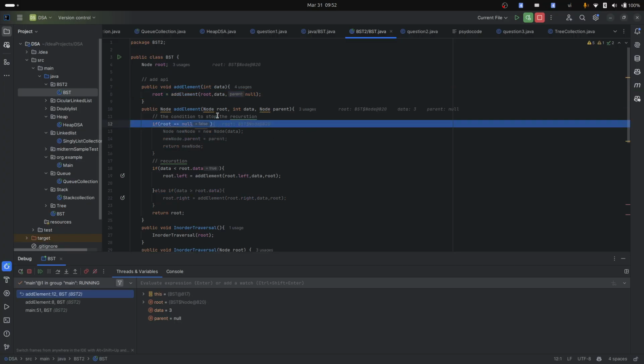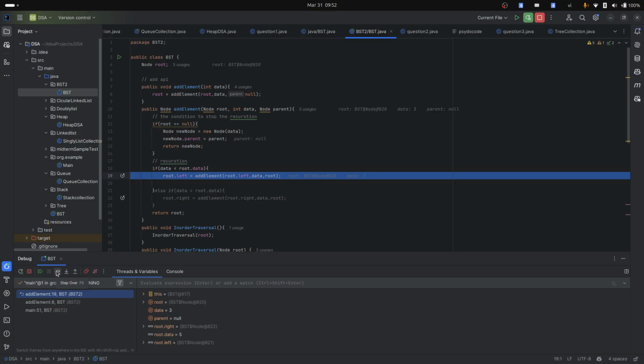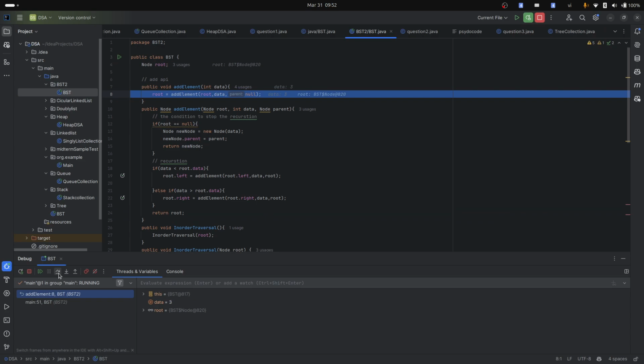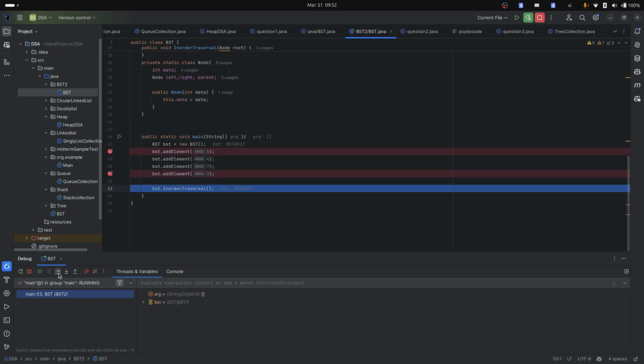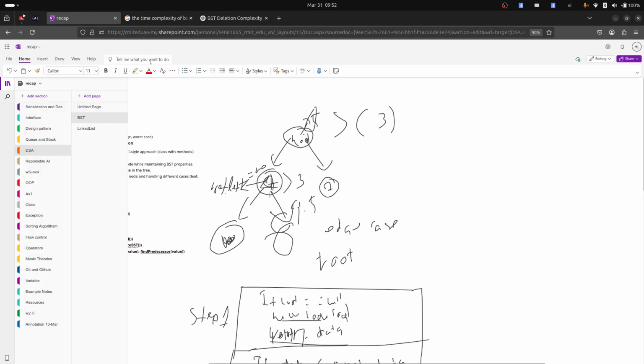The first condition in the new node: the root is 4, so it's going to go to this recursion. I'm going to draw it out. Like 5,